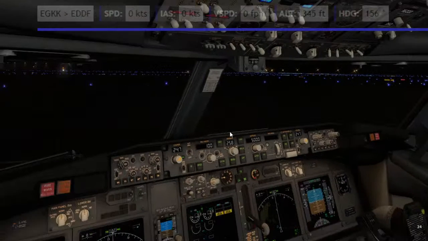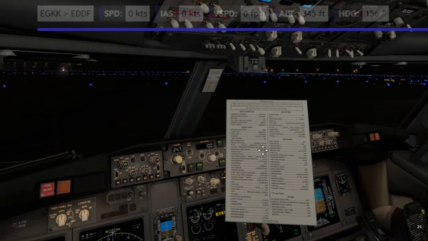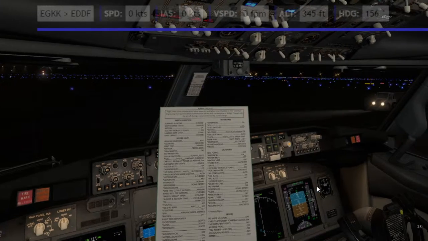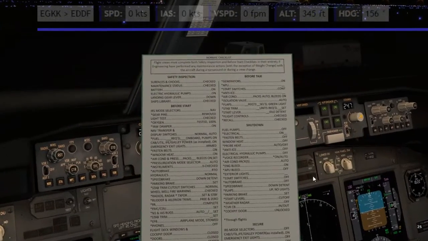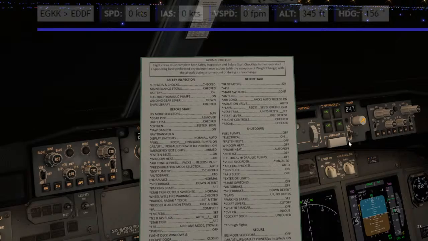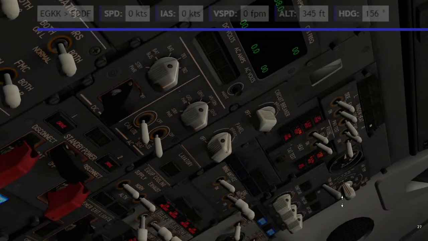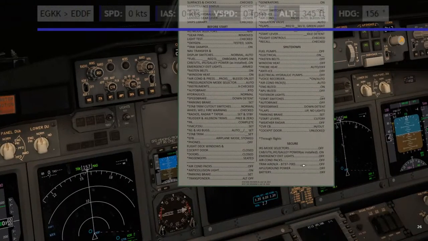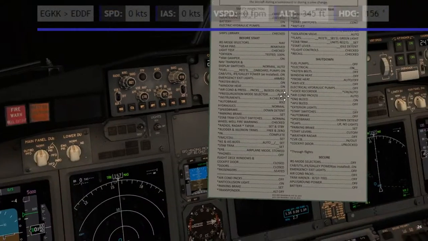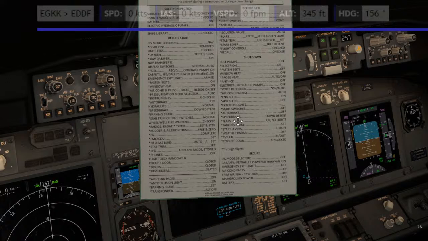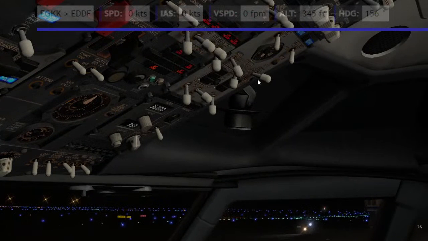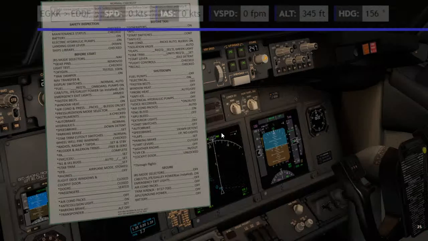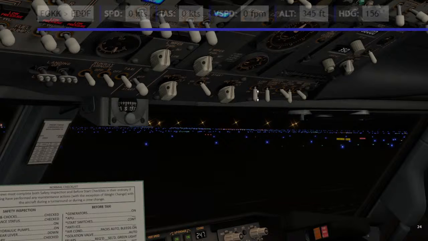Okay, and we can shut down the aircraft. Shutdown checklist. Fuel pumps are off. Electrical on. Fasten seatbelt are on. Window heat is off, and the probe heat is also off. Anti-ice is off. Electric hydraulic pumps off. Voice recorder is auto, air conditioning packs are auto, exterior lights can be switched off,